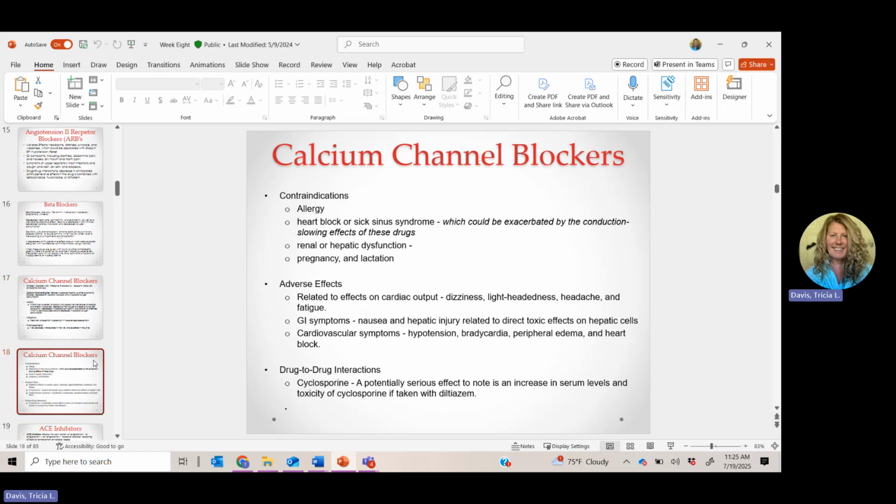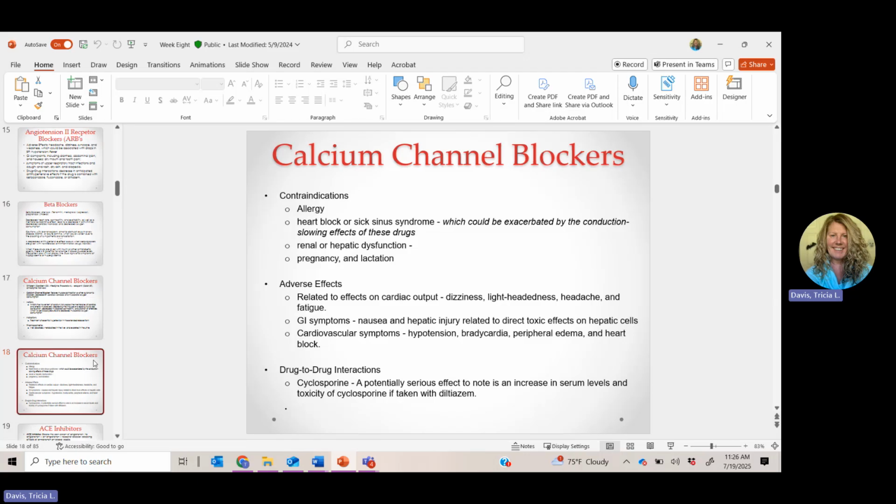Contraindications, obviously, if they have an allergy. Some of these medications can make other issues within the heart worse, like heart blocks, so we might have to be careful with them. Again, we're lowering the blood pressure, so we're really worried about those symptoms that we would see related to that decrease of cardiac output. Definitely some GI symptoms as well. Amlodipine is famous for causing peripheral edema. So if this does occur in your patients, then that would be a reason for us to stop giving that